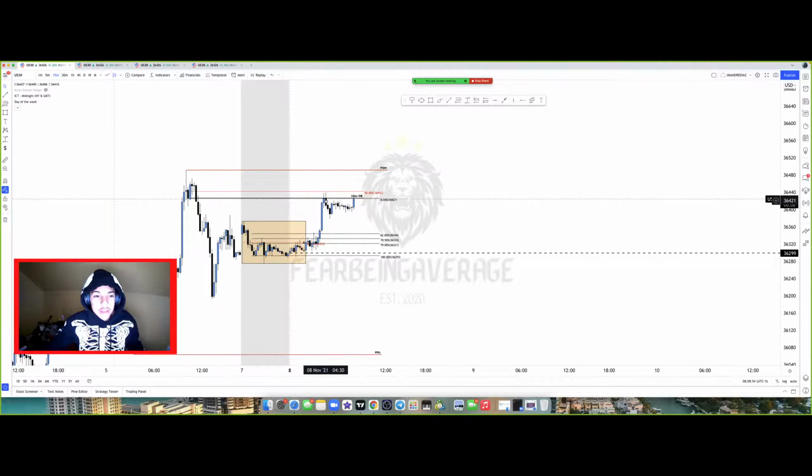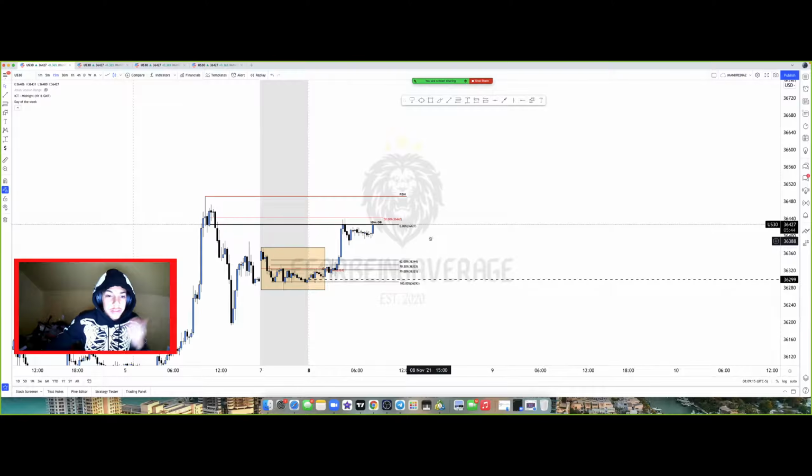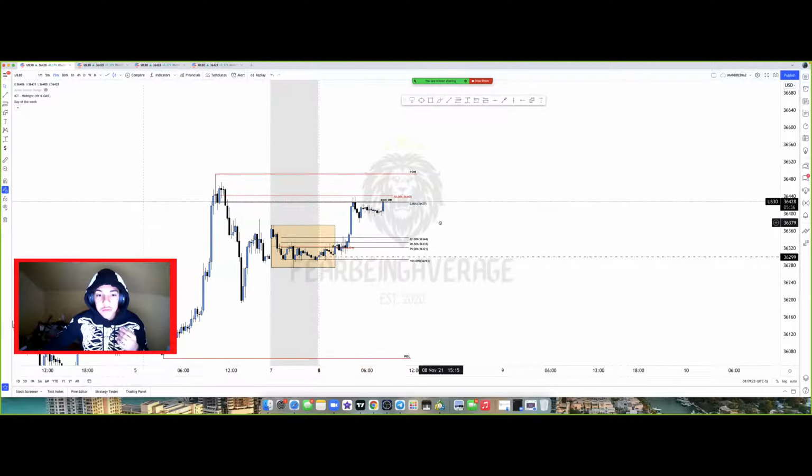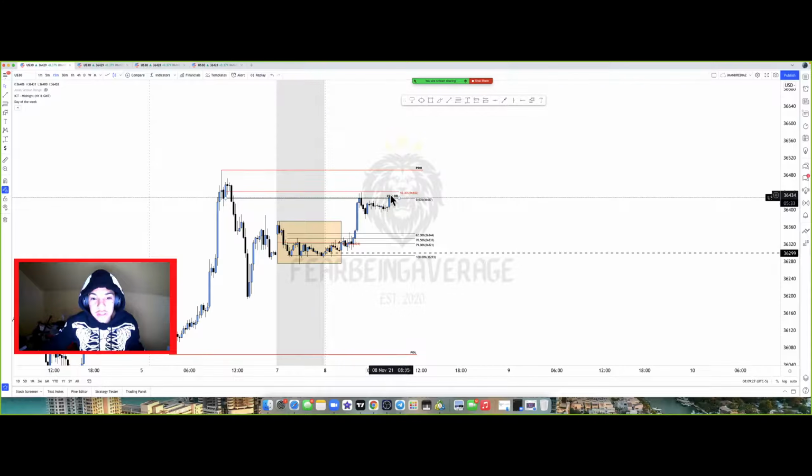But now that we have that, you can see we're coming back into this area. This last up candle before this down move, we're going to see if we could possibly reject it again, or we could possibly clear the high before coming lower. Because as of right now, if the New York session continues to make the high of the day, we could be looking for potential scenarios for price to have a reversal. That's a characteristic that I've noticed with US30. When the New York session tends to be making the high of the day, there's a high chance that there could be a reversal scenario unfolding. But if it doesn't continue to make this high, we could still have that chance of rejecting and falling lower, for us to potentially get into this trade.